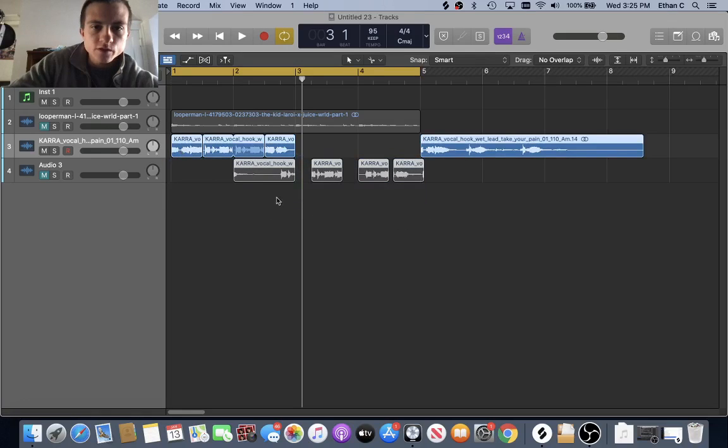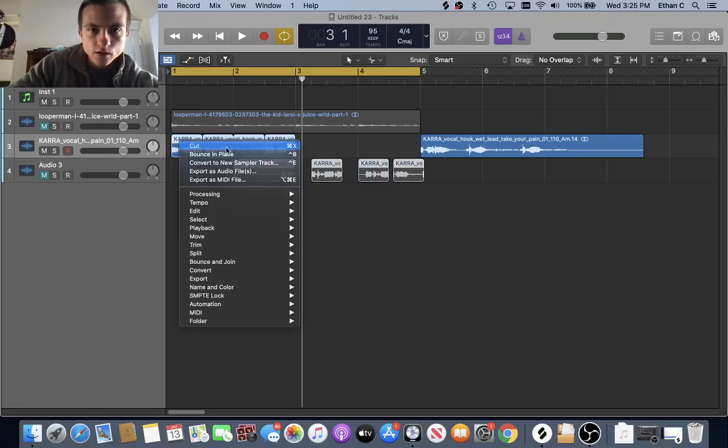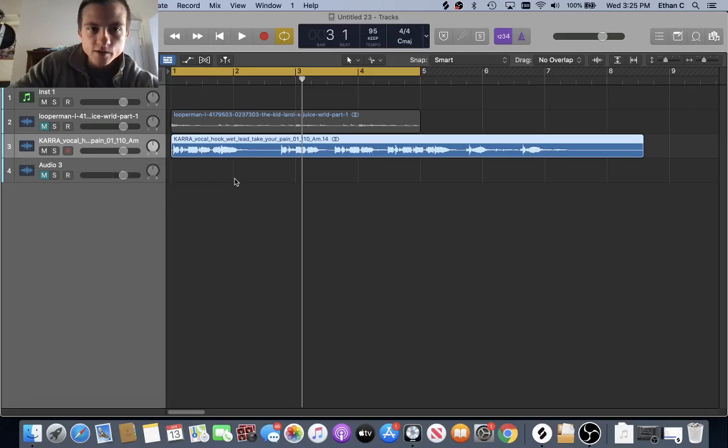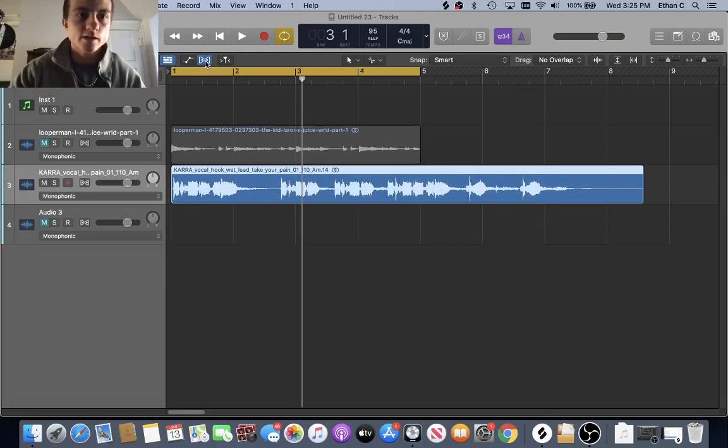But that would be the first way, and then I'm going to show you a second way you can make vocal chops. In this way, it chops it up for you, so you don't have to cut with the scissors. You don't have to make your own chops. And I think you can do this in any DAW as well now, but in Logic, what you do, you hit this flex icon up here, then you're going to hit that same button on the vocal track,